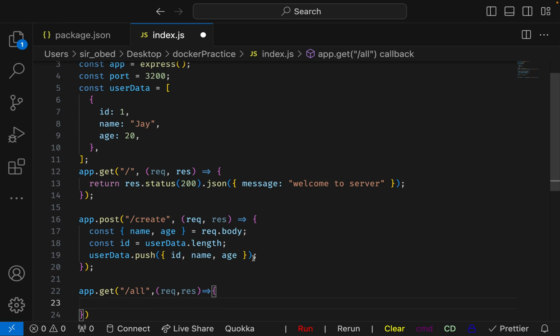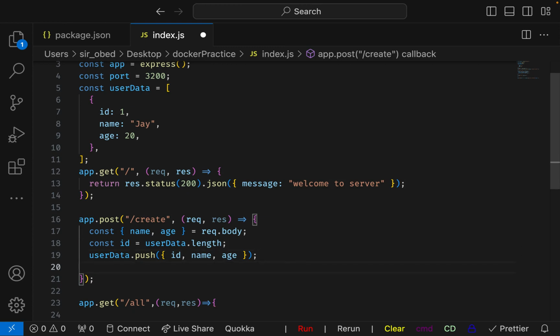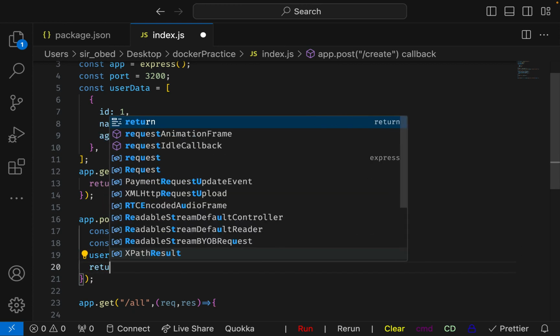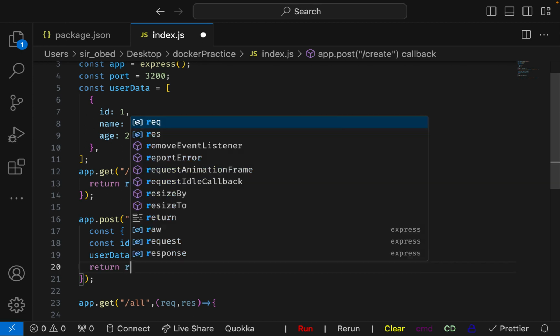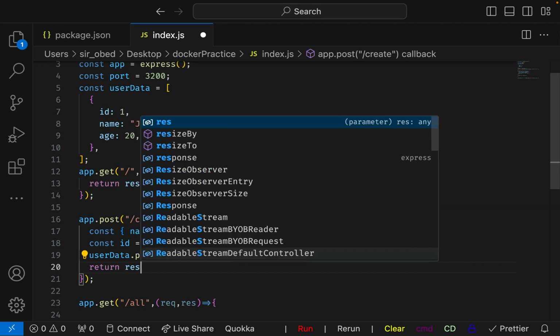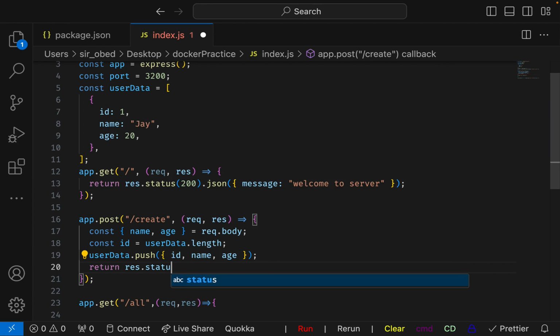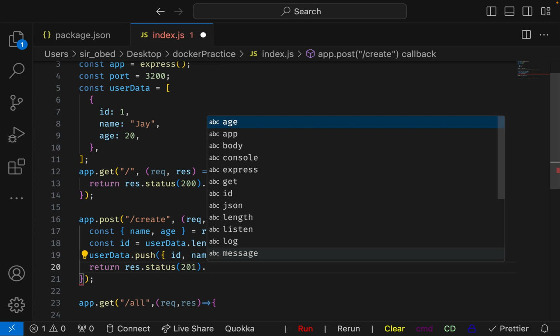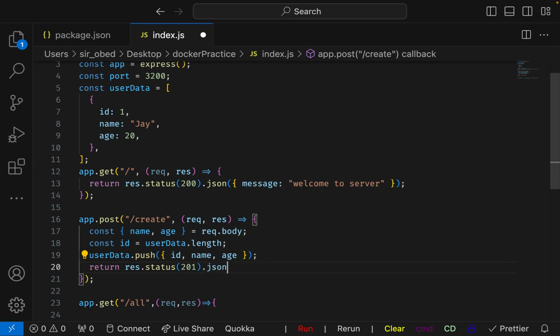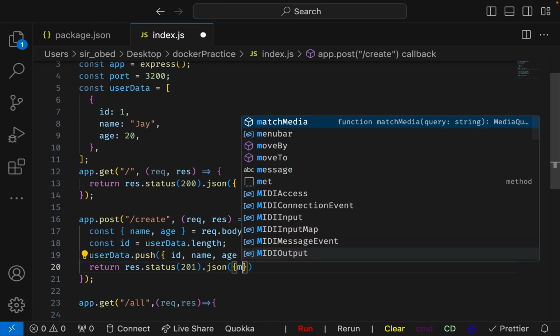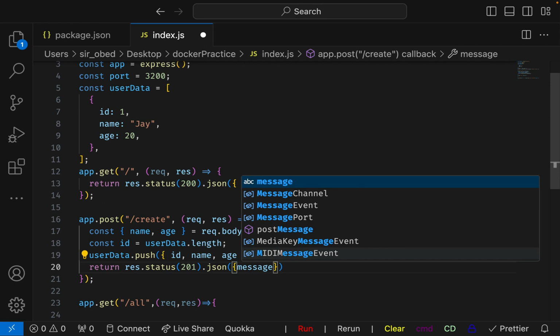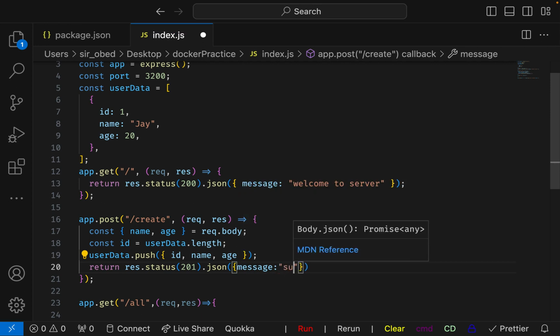Oh, sorry about that. Here I forgot, I'm supposed to return with a response. So I just want to return a response. The status. So whenever you create, you need to send a status code of 201. That's the right status code for you to send whenever there's any successful create, that's the right status code for the HTTP method. So I want to have a message of just success,